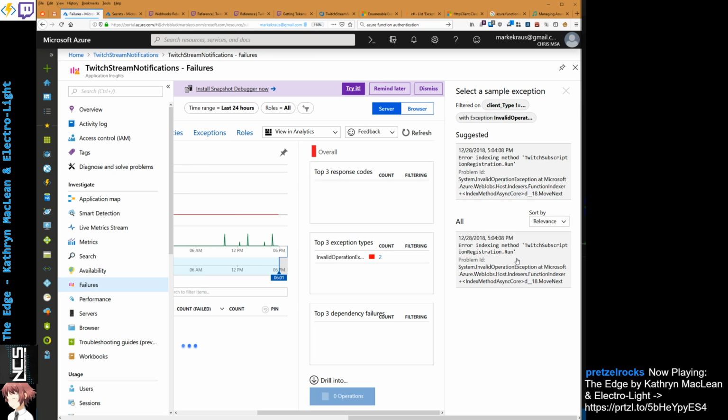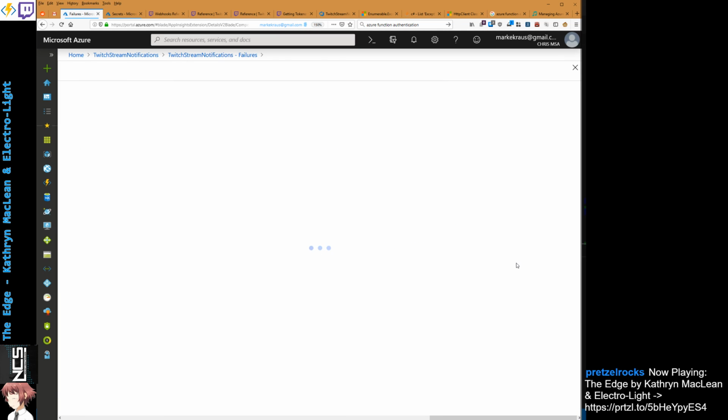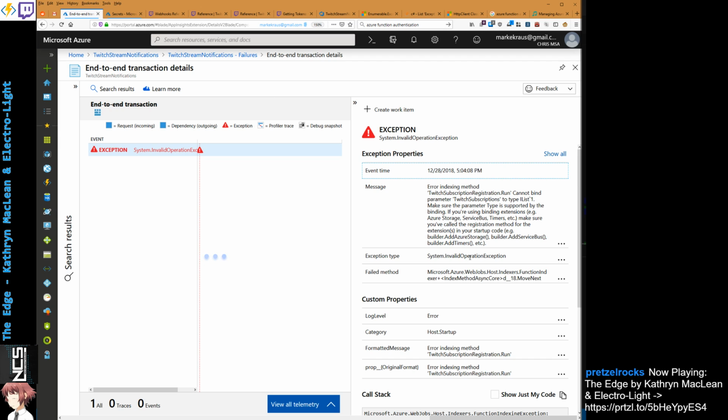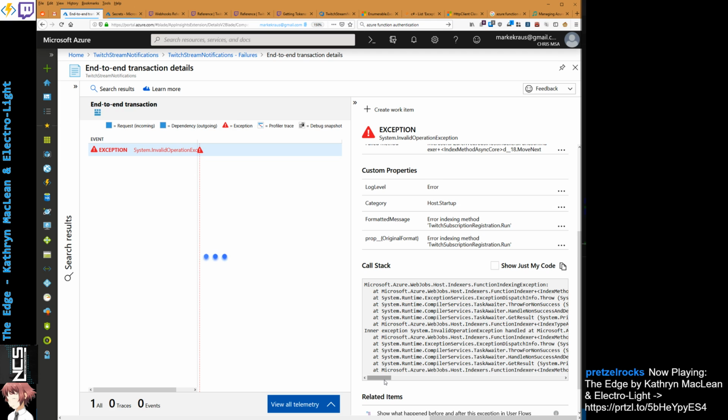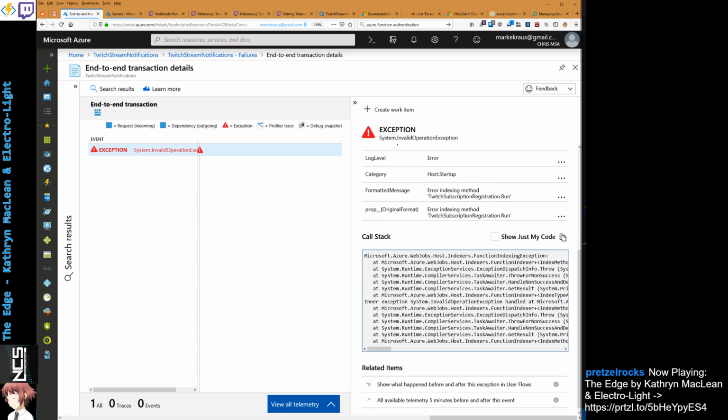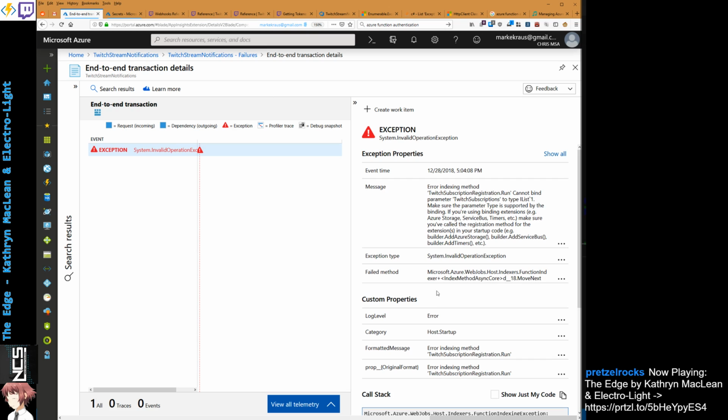Invalid operation exception. Indexing. So, all right. So here's some good things here. Move next. It fails. Error index method could not bind Twitch parameter. Twitch subscriptions of type iList. Make sure the parameter type is supported by the binding. Okay, so